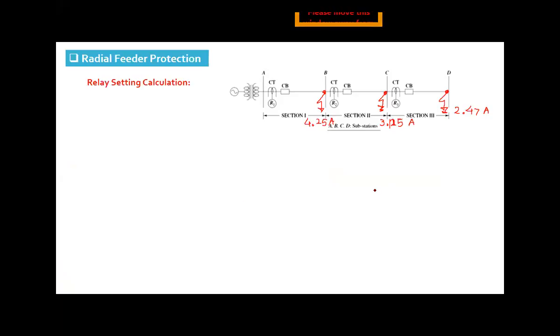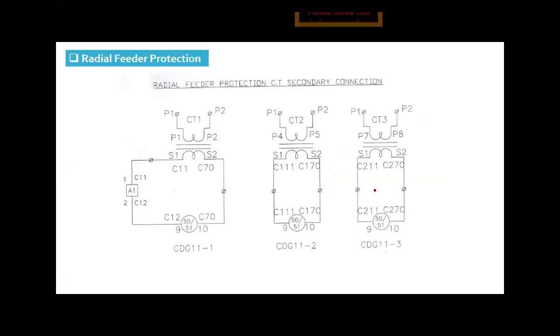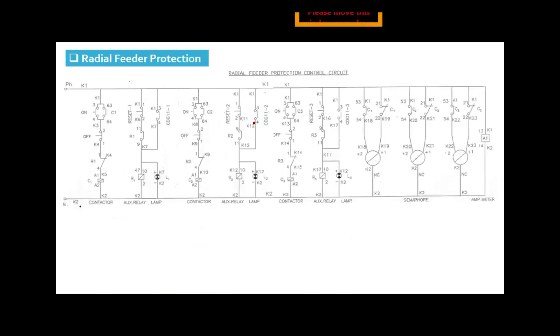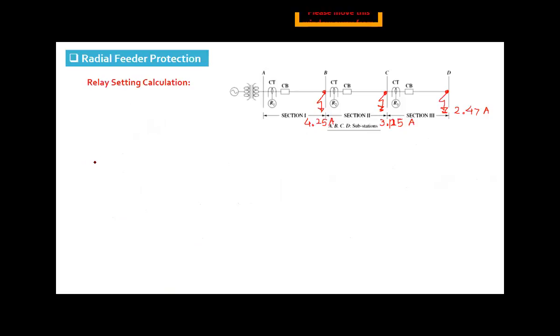So can we consider fault at the bus bar itself? Why fault at the bus bar itself? You can see, because here it is a fault after 20, so it is at the end of the line. So we can consider the fault at the bus bar itself for that. Okay. So we will use the notation fault at bus B, bus C, bus B. What is the fault current?